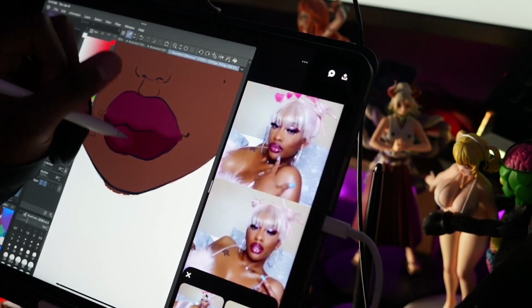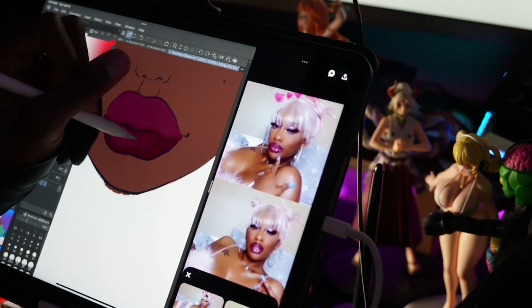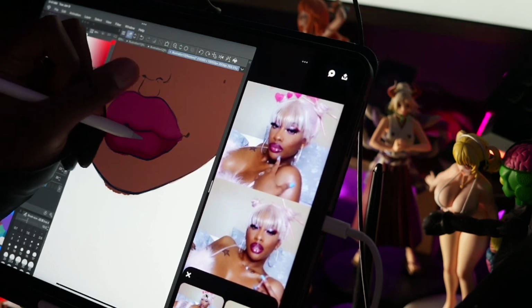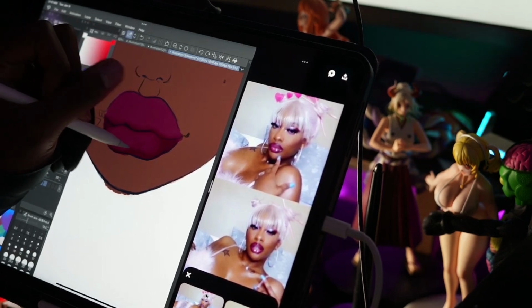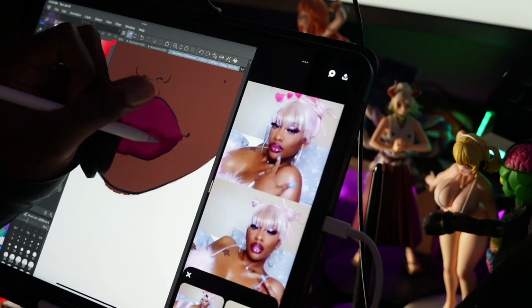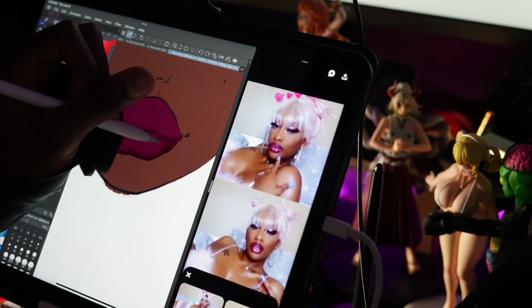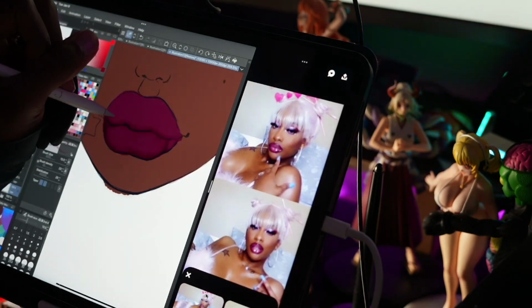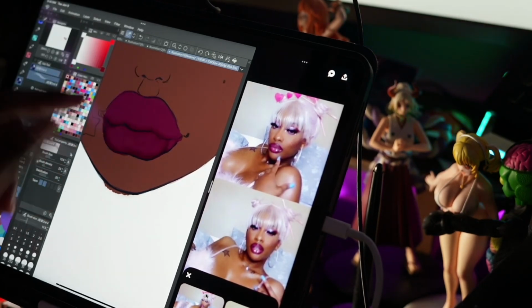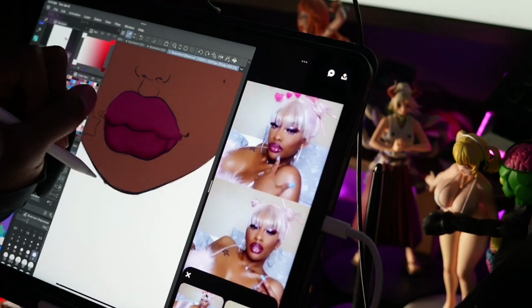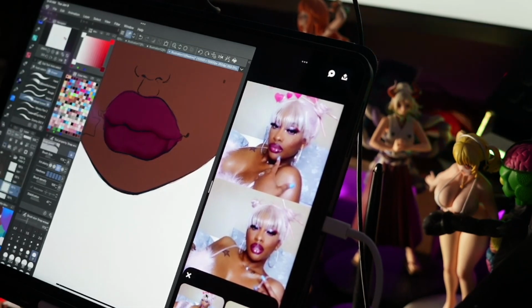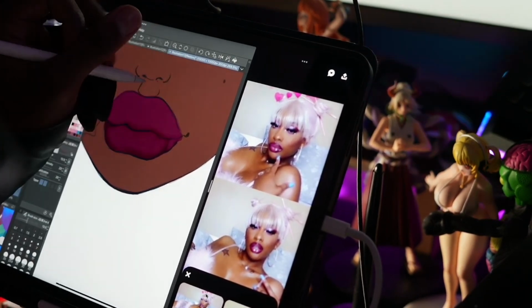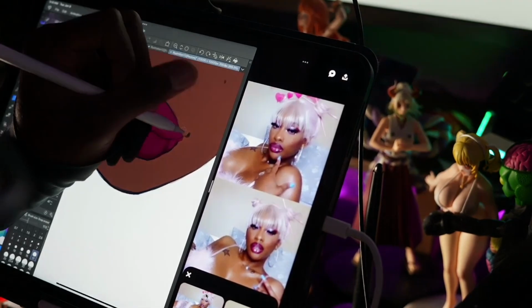You gotta play with the brush, because if you don't, it's gonna look weird, because people will know what you're trying to go for, but you won't actually achieve it if you don't play around. And sometimes when you play around, you might end up at a dead end. But what I said before about the happy little accidents, at least you know now that that's a dead end. I'm preaching to y'all, but I'm really preaching to myself, because I am bad at acknowledging the fact that I need to do another layer. Acknowledging the fact that I need to practice what I preach when it comes to not being scared